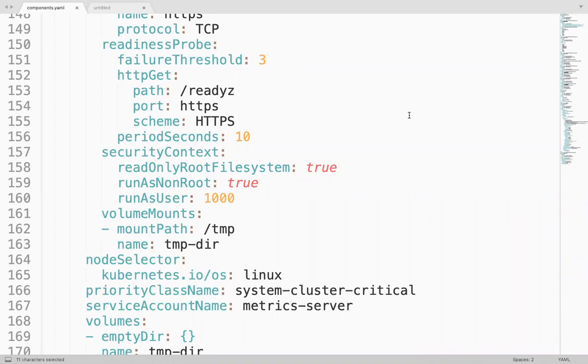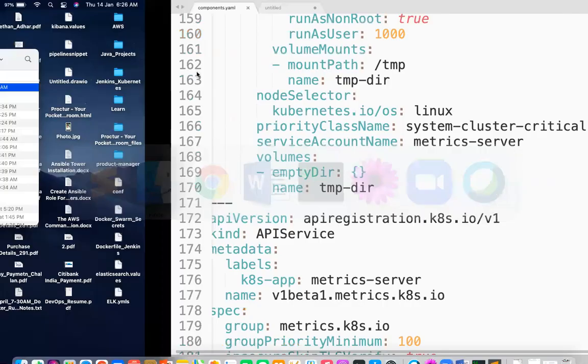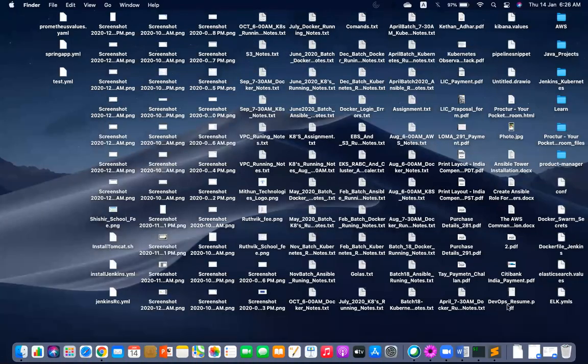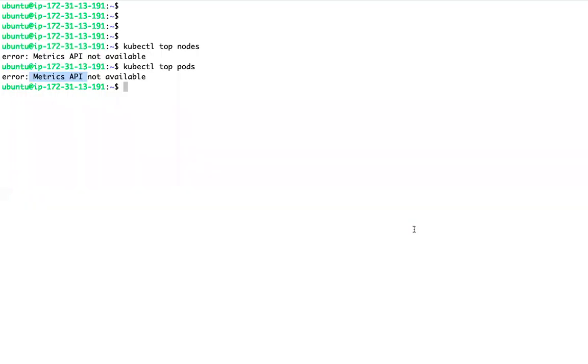So it will talk to the Kubernetes API. If you want to talk to the Kubernetes API, do you need a permission? If you are deploying an application in the cluster that requires access to the Kubernetes API, to know about the pods and the nodes, that's why only we are giving this permission. So if I deploy this application, it will interact with the Kubernetes API to gather the metrics.